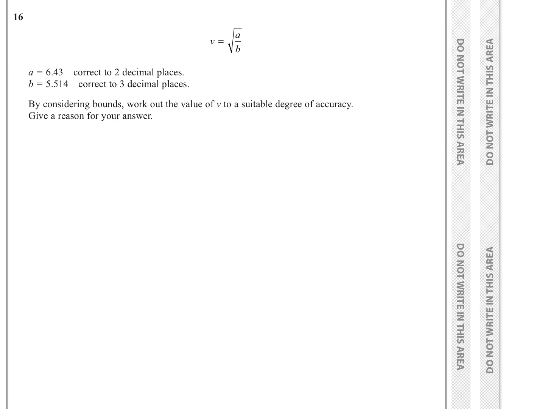Question 16. I think one of the most difficult questions on the paper. What I'm not going to do is try and find the lower bound and upper bound straight away. I'm just going to mess around with a over b, square root, and see what I come out with, and then go from there. So what's the most that a over b can be? Well, I'm going to let a be its maximum